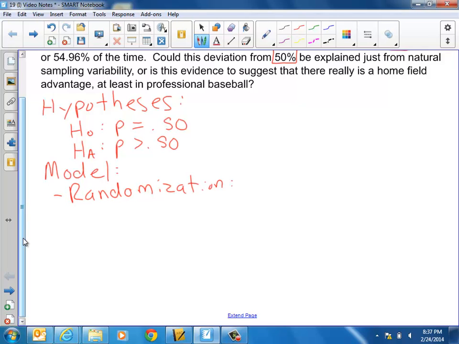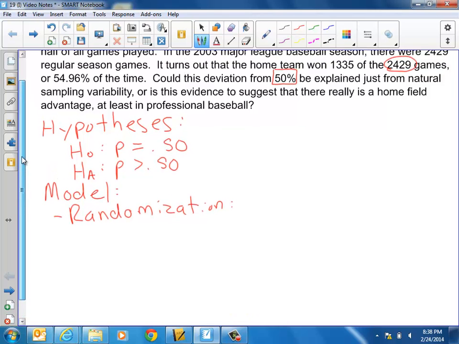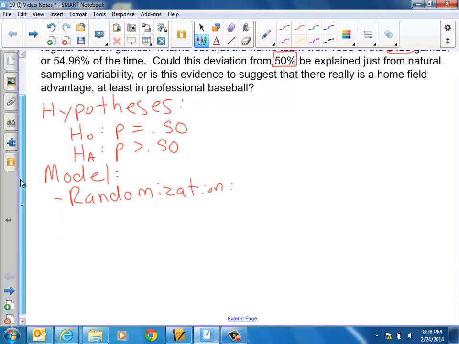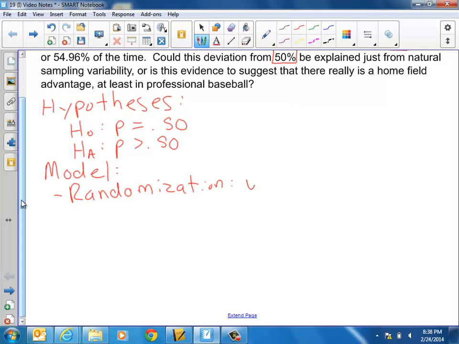So do these 2,429 games represent a fair random sampling of all the games played in Major League sports? So we have to assume that. We don't really know that because they're all coming from the same year, I think 2003. Yeah. Okay, so we're going to say, we're assuming, and that's the best we can do,